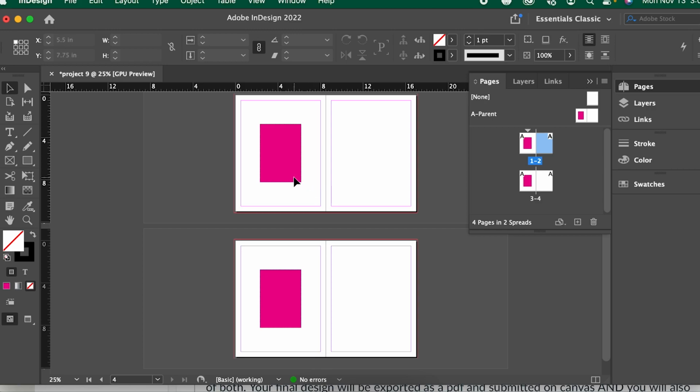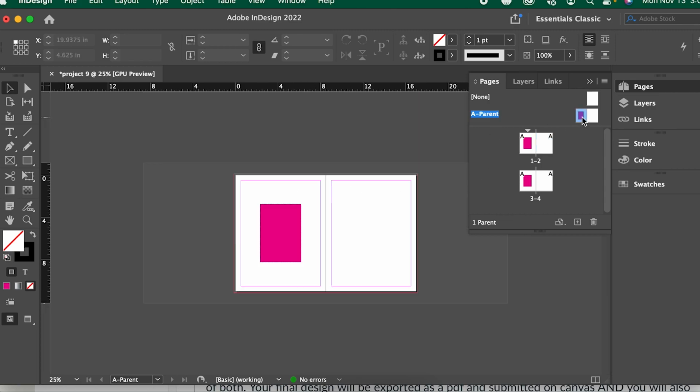This is also how you put in page numbers. You don't want to type in every page number for a whole book. There's a specific way of putting in the page numbers on the parent pages, and then they'll automatically put in each number for each page. Okay, the reason why I start with this is because this is how we're going to set up our document